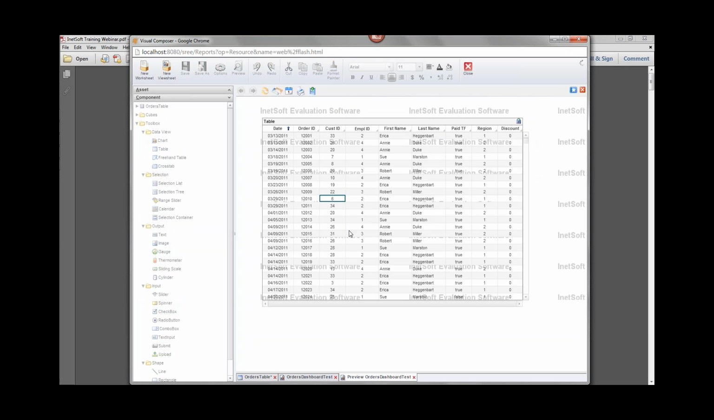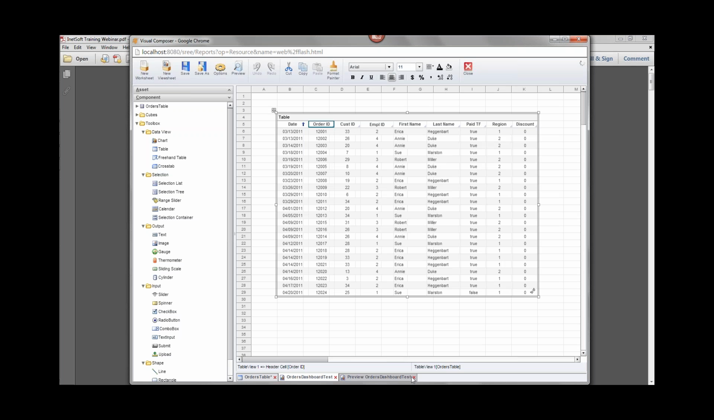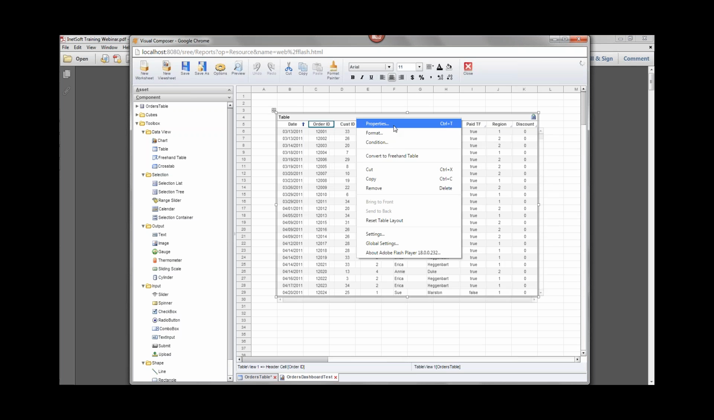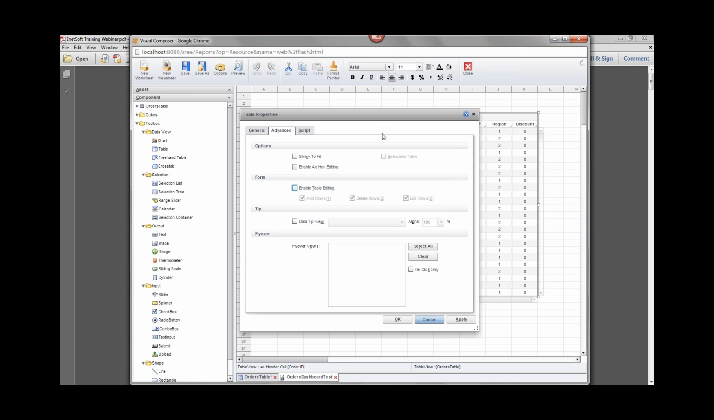No modification possible. So the first thing and the easiest part in getting this all to work, getting the user to be able to submit, to change data in the table and submit it to the database, is to enable table editing. Right, so what you do is back in the design view of the Visual Composer, you right-click on the table, you select Properties, and if you have the appropriate license installed, there'll be a property called Enable Table